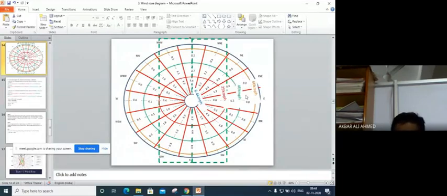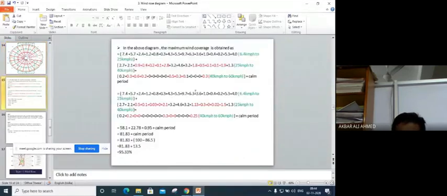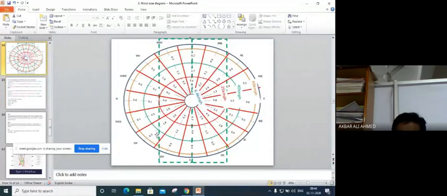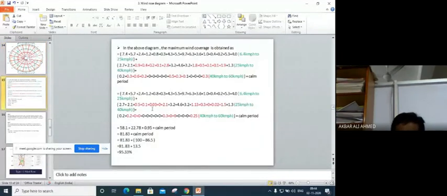0.2 is completely lying outside, it will not come itself. Then 0 is not coming, all are 0. 0.5 will come, some part will come. You see, 0.5 will come. Here 0.3, some portion will come. 1 will not come, 0 will not come, 0 will not come. Then 0.3, some portion will be left outside. In this manner, you can write here.